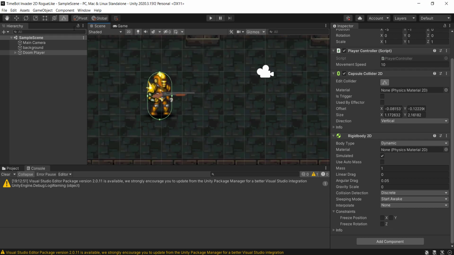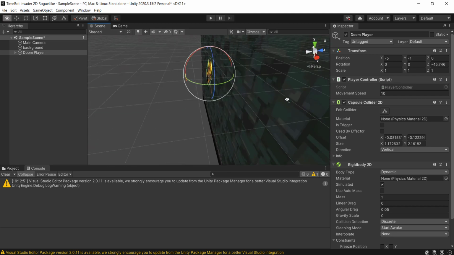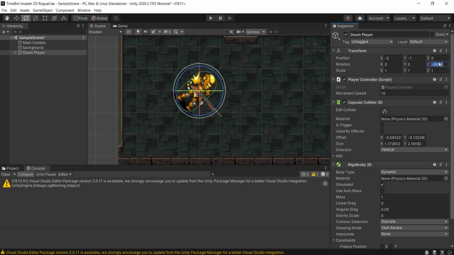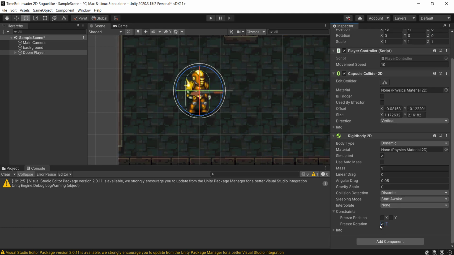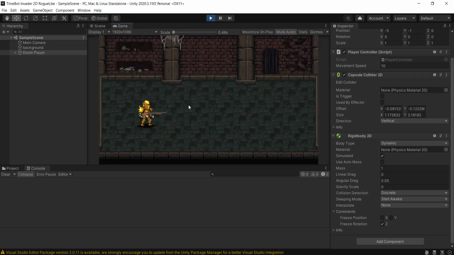Why the z? Because, let me show you, if we click on the rotate tool up here, or simply hit the E key, we can see when we rotate, it's the z-axis that rotates us. And we can clearly see it when we go out from 2D. You can click on this 2D right here. We go out. You'll notice the z-axis, there we go. It's around the z-axis that we are rotating. So we'll stop the 2D, we'll set this to 0, we'll freeze on the Z, and now when we run our game, we go down,